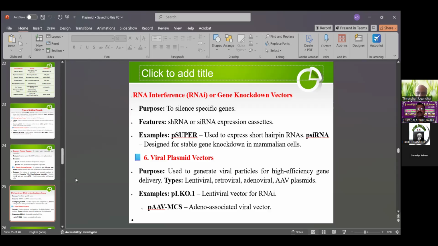Then the sixth one, viral plasmid vector. The purpose is to generate viral particles for high efficiency gene delivery, gene transfer. Then lentiviral, retroviral, adenoviral, AAV viral: these are all examples of viral plasmid vectors. Then the seventh one,